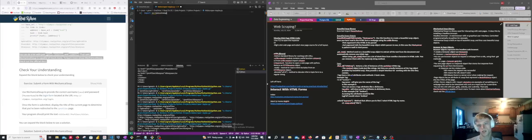Import mechanicalsoup as ms. Use MechanicalSoup to provide the correct username, Zeus, and password, Thunder, to the login form located at the URL. Base URL equals